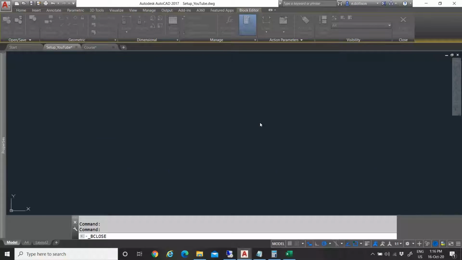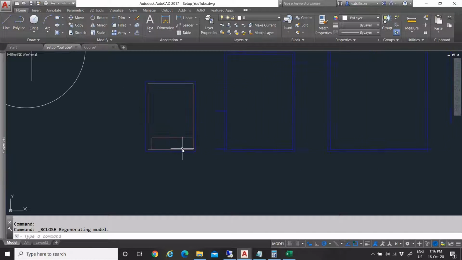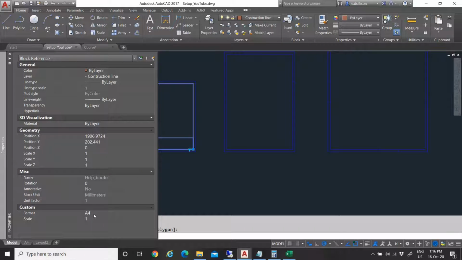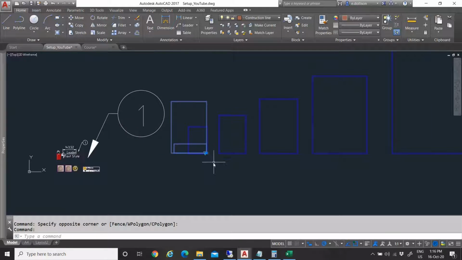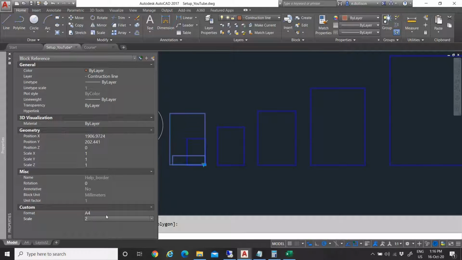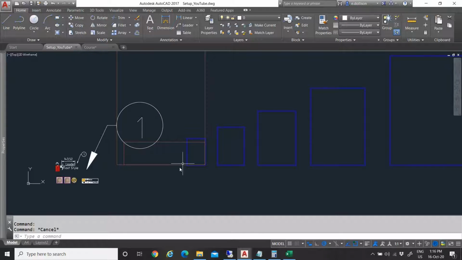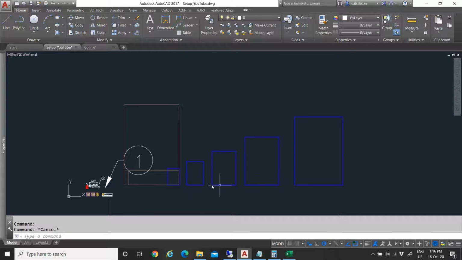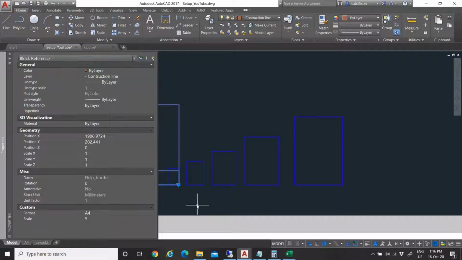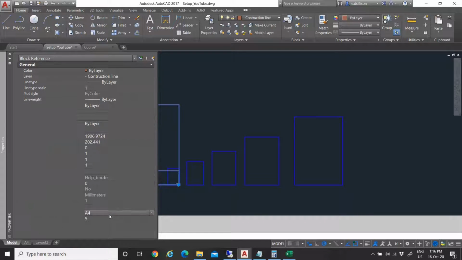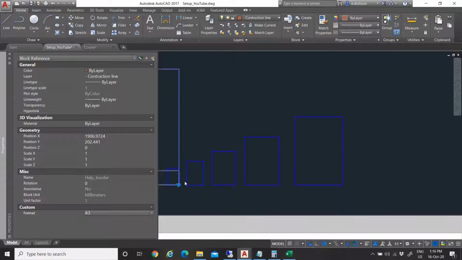And now we're going to save this block. So now if we go here, you can see that it is now A4 1 on 1. If we select this, then we have A4 1 on 2, 1 on 5. So that is exactly what we want. So then if we go into our format and we have A3,